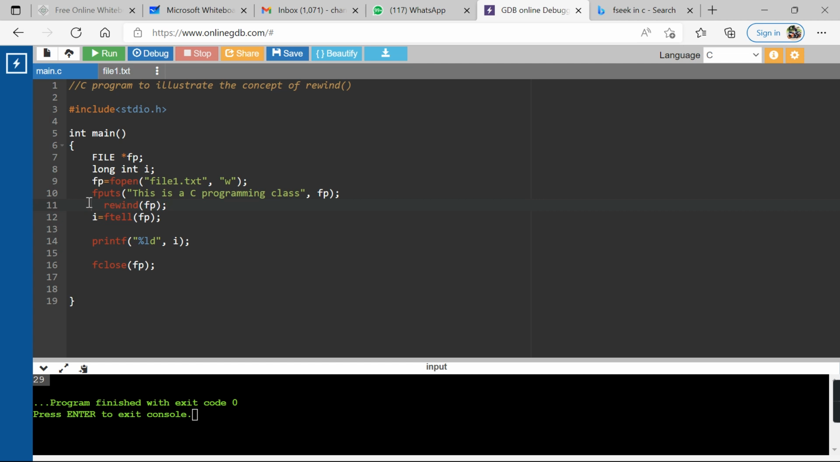Rewind means it should point to the first location. See here, after rewind you can observe that the position of the file pointer is 0. Therefore it is pointing to the first byte, which is nothing but 0. So this is the purpose of the rewind function. And here I have seen that ftell has been used to identify the current position of the file pointer. Now let us see, I make use of some